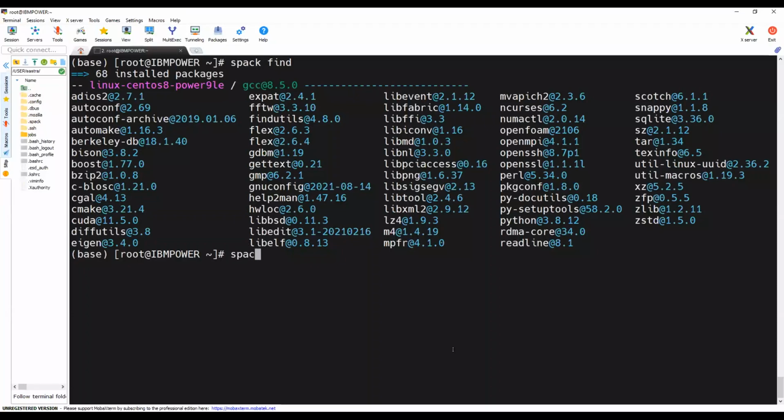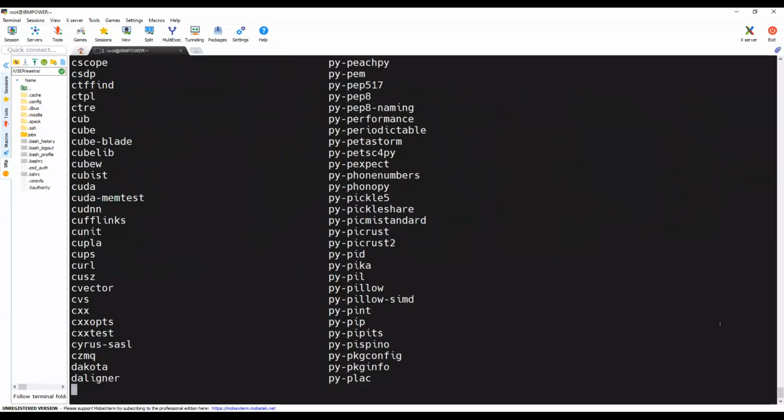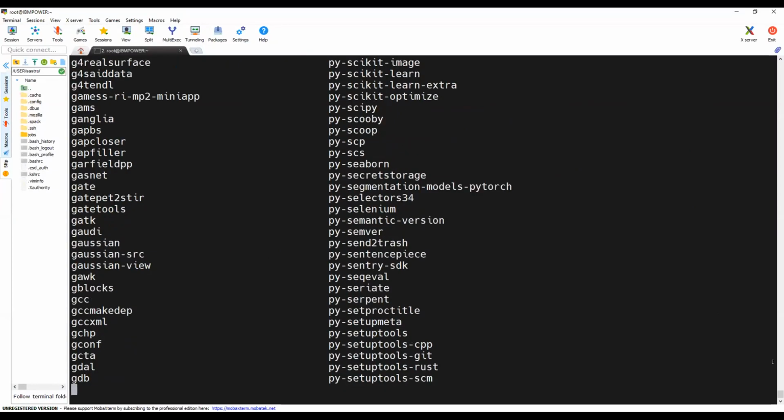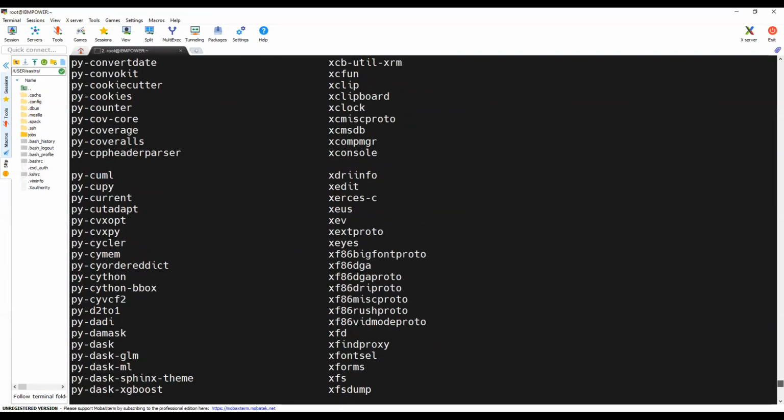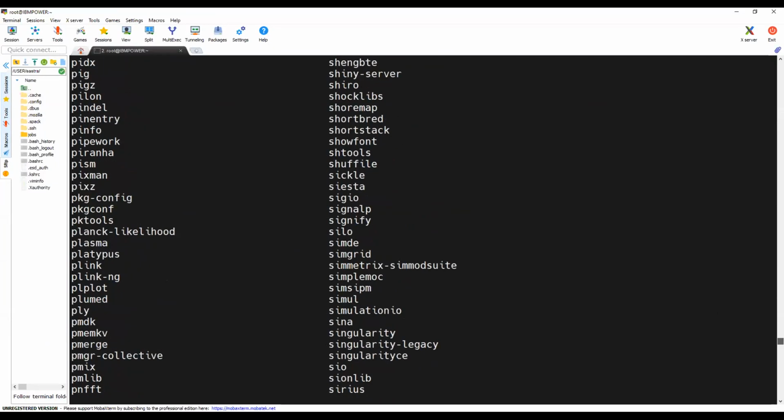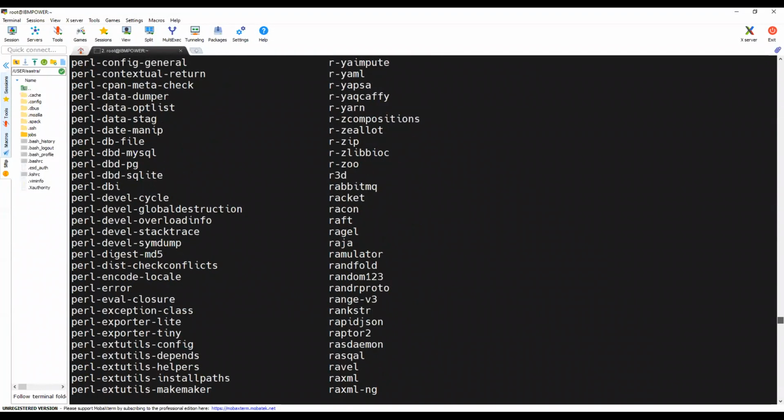If I need to check for the available packages for installation, I can use a command called spack list, which shows n number of packages available for installation.